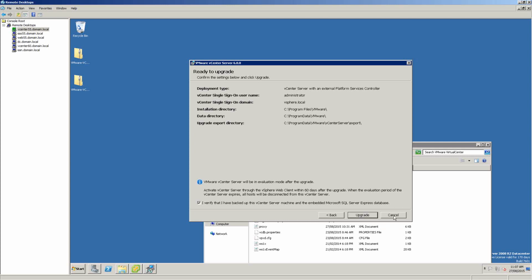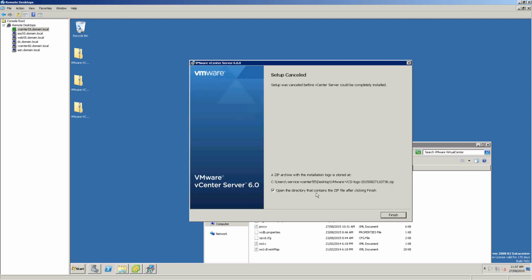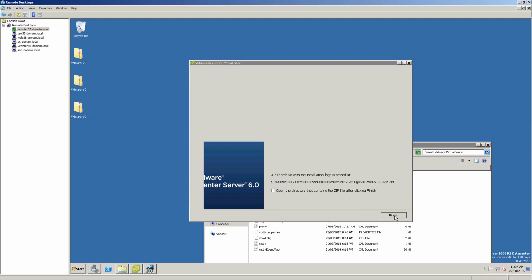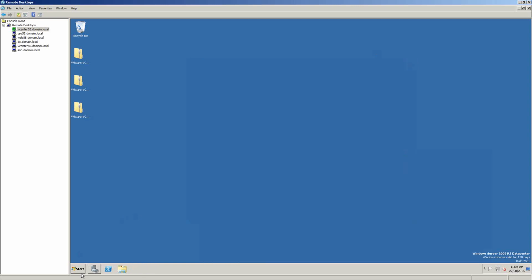So the other thing I wanted to show is when you hit the cancel button and you say you want to cancel the installation, it's just going to give you a new dialog box which says that the logs are stored in this location. So once again, for your VCP, just make sure that you know that it spits the logs out to the desktop. So if you want to view the directory or view the error logs, that's where you're going to see it. Go and finish this. So we won't do this. It's going to take forever. But that's the gist of it.